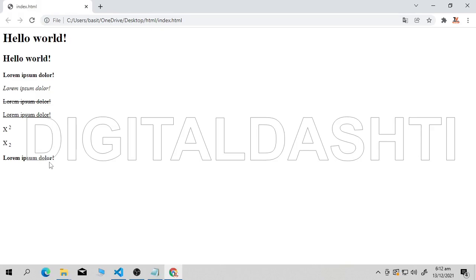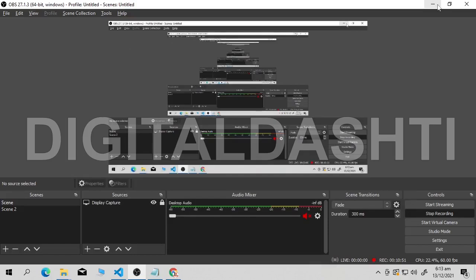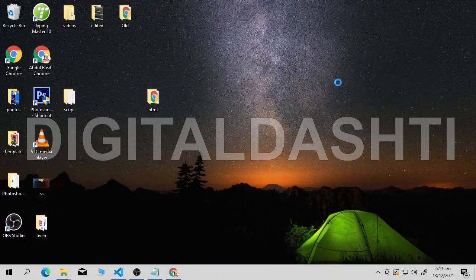Now I will tell you how you can upload an image using HTML in your website. First of all, you need an image, and I have an image. I downloaded this image. What you have to do is check the extension of the image. What is the format of the image? It could be JPG, JPEG, PNG, or whatever. How can you check the extension?